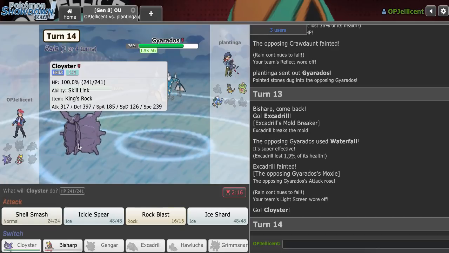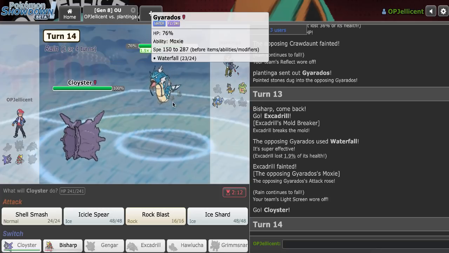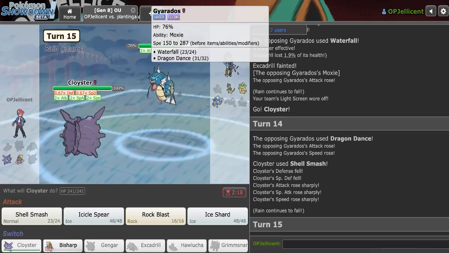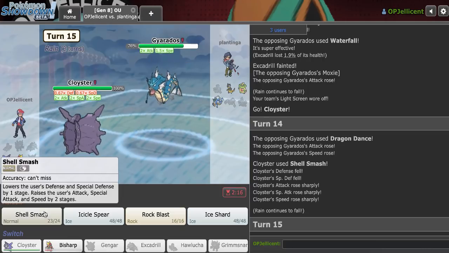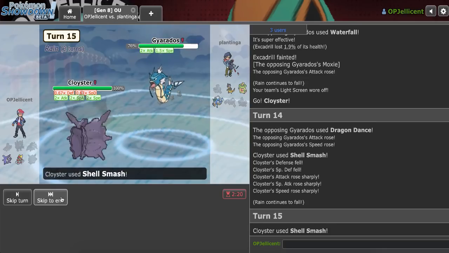How fast is that? 262. We actually speed tie at +2, if they're not of speed boosting nature. I'm gonna Shell Smash. Okay, my best play is to Shell Smash again and try to go for the win. If I get this attack off right here...